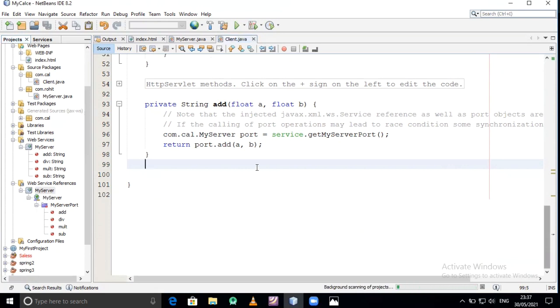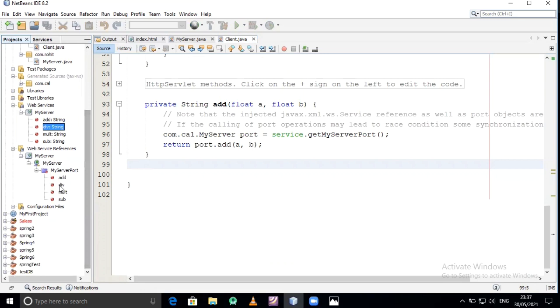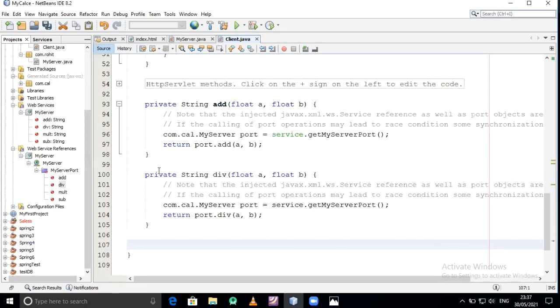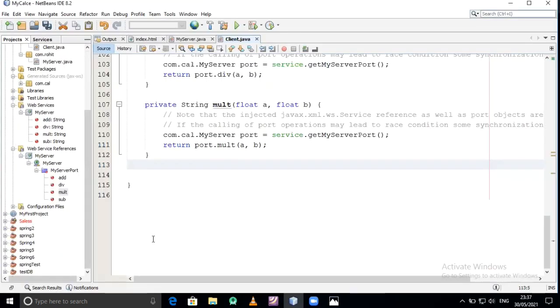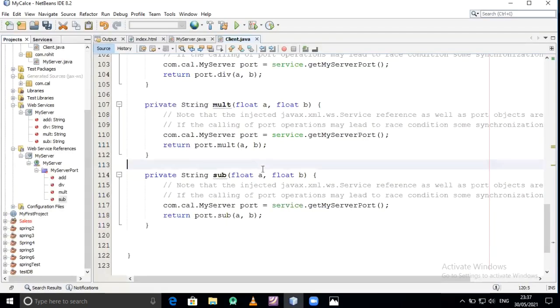Now what we have to do, so same, just drag and drop here the operations. So add is already there, so second is suppose division. Next is suppose multiplication. Next is suppose subtraction.